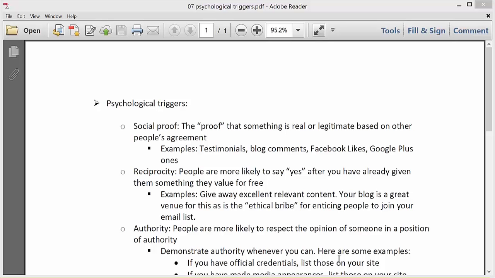Alright, so let's talk about psychological triggers, and these are things that you would use in your marketing in general and also in your copywriting. So you could think of this section as an extension of the copywriting tips. So, psychological triggers. Okay, first is social proof, which is the "proof," which I put in quotes, that something is